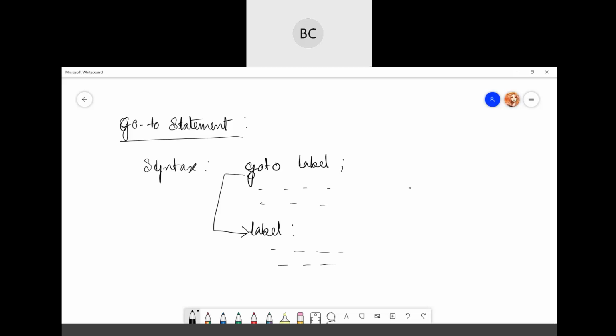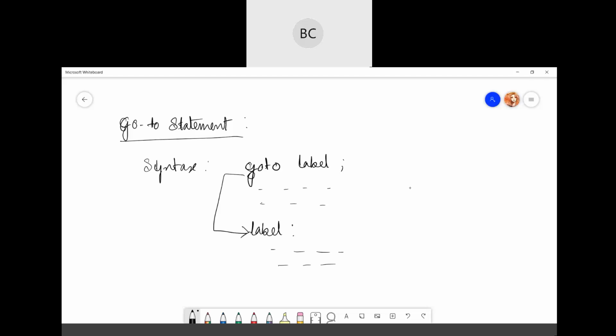Your go-to statement, when is it useful? It is useful when you want to break multiple loops. We have seen till now 2 loops, but in some programs there might be 3 loops, 4 loops and so on. Using a single break statement, you cannot get out of all the loops. So using the label, or go to statement, you can come out of all those loops.